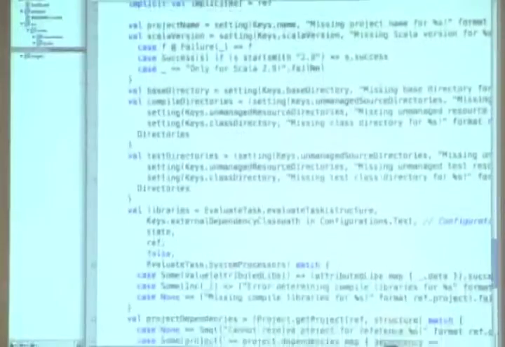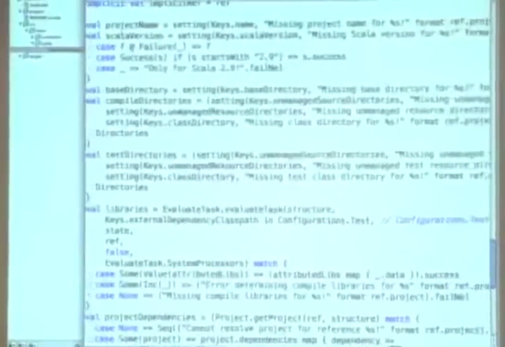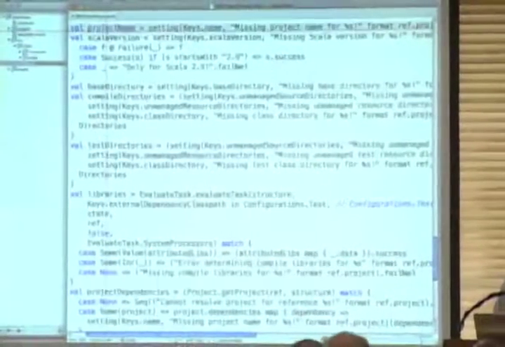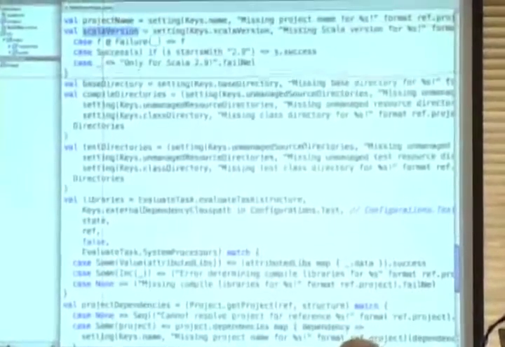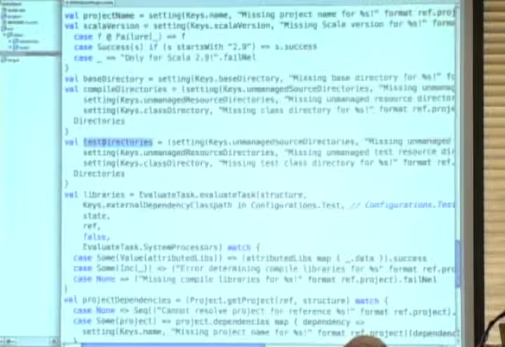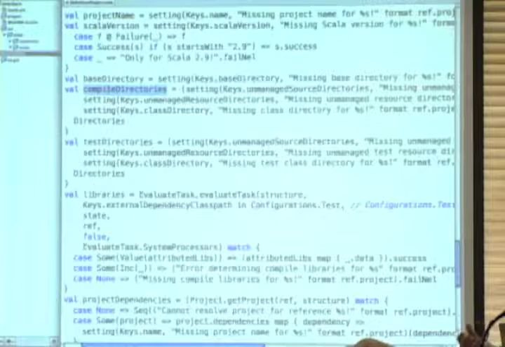So if you look here, the project name, the Scala version, the base directory, the compile directories, the test directory, everything is an option, and I have to take care of that. I have to deal with it. So these values are effectful, right? And also here, test directories, compile directories are actually sequences of option.